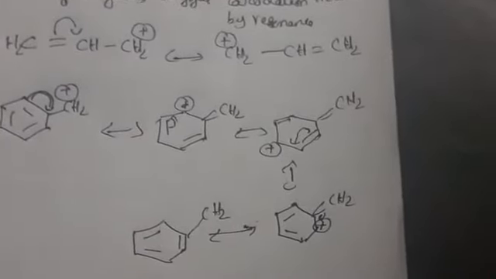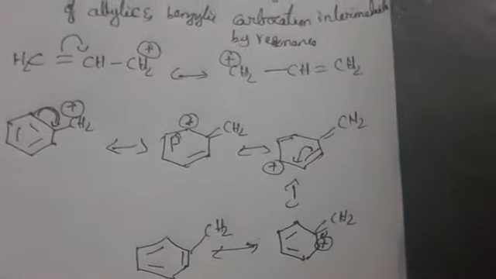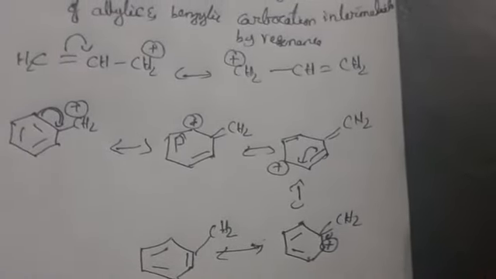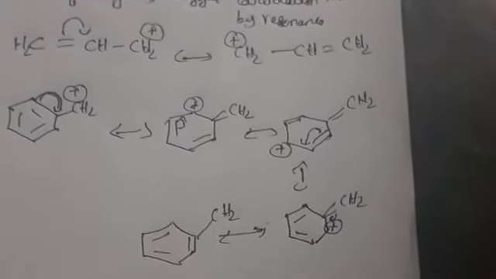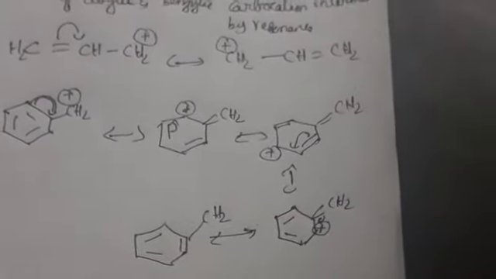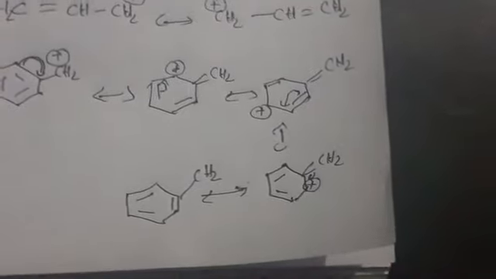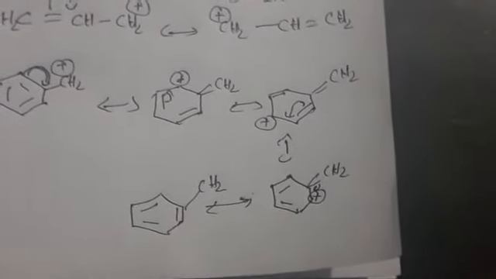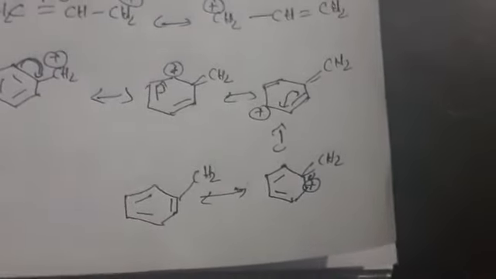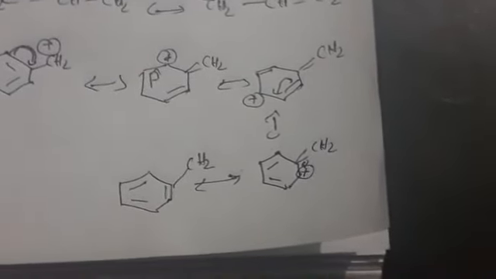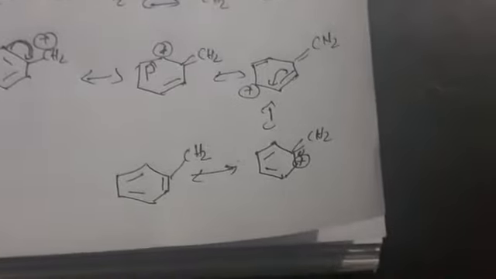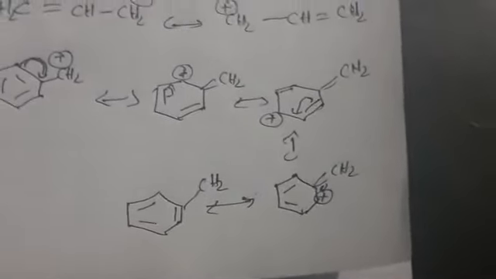Okay, it forms a product as a racemic mixture, which is optically inactive overall, 50% L form and 50% D form. It will have solvents like water, alcohol, aqueous organic solvents. Okay, so here, compared to aliphatic, the primary allylic and primary benzylic halides show higher reactivity in SN1 reaction. Why? Because of the stabilization by resonance structures. Okay, this is about SN1 reaction. In the next class, we can discuss SN2 reaction.